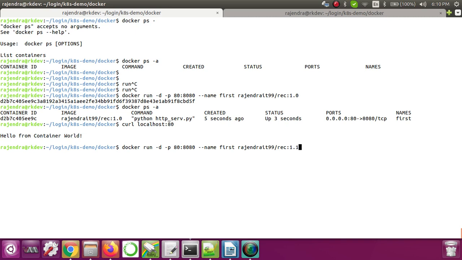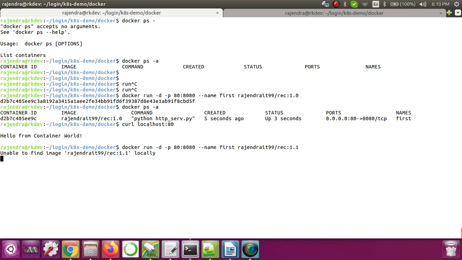First, it will see whether this 1.1 image is there on your local machine or not. If it is not there, it will go to the remote repository, that is Docker Hub, and check if that image is there or not. If it is not there, it will fail and give an error.